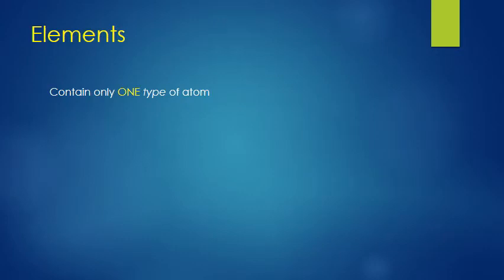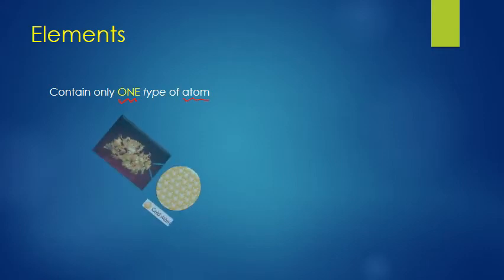One of the first things we need to do in this class is to work up some definition words, because in order to be able to understand chemistry, you kind of got to speak chemistrian. And so in order to speak chemistrian, there's certain things you need to know. For instance, what is an element? Well, an element contains only one type of atom. That's it, just one type of atom.